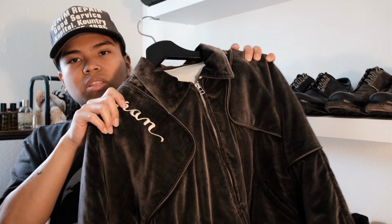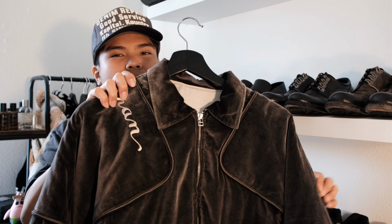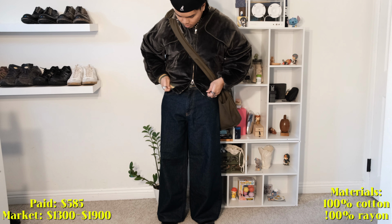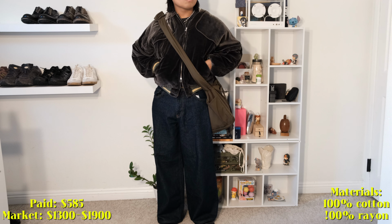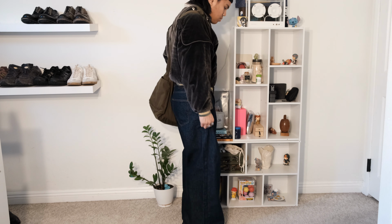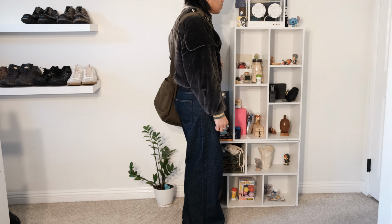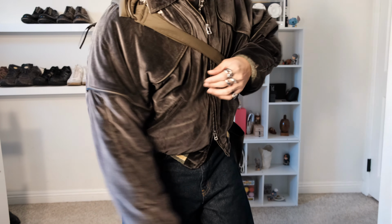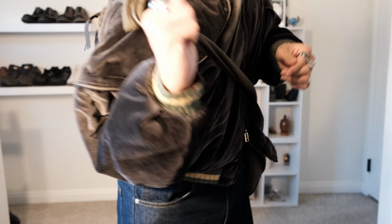It's gonna be more on the brownish side, but they said that it's black, that it just depends on how the light reflects on it. That's why it kind of looks more brown. This does also fold into a pillow. When I put this in my luggage, I basically folded this into a pillow and it saved me a lot of space. And like I said earlier, this is actually going to be the most expensive piece that I did